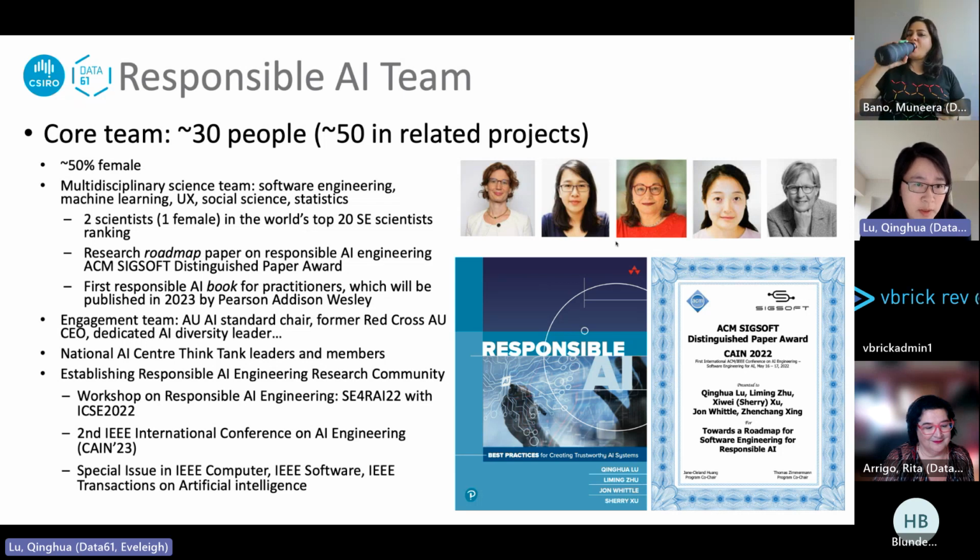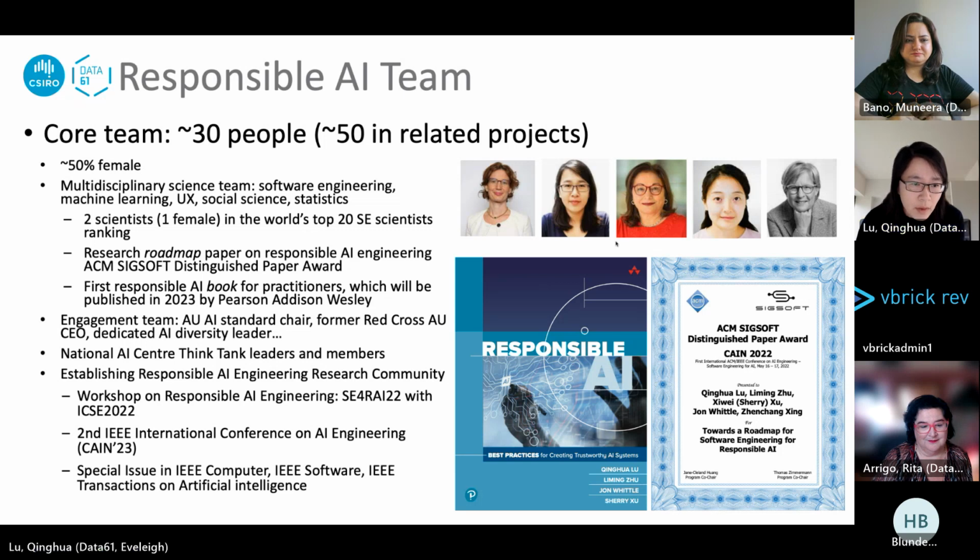Our team is multidisciplinary, so we have colleagues with different backgrounds, including software engineering, machine learning, user interaction, social science, and statistics. Two colleagues in our team are included in the world top 20 software engineering scientists ranking. We have published a research roadmap paper on responsible AI engineering in the first AI engineering conference, and our paper has won the ACM Distinguished Paper Award. We recently completed the first responsible AI book for practitioners, and the book will be published in November this year